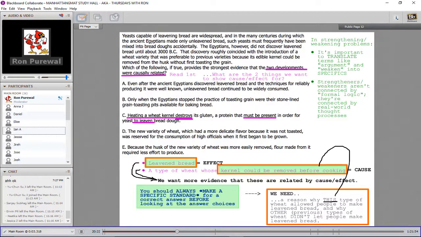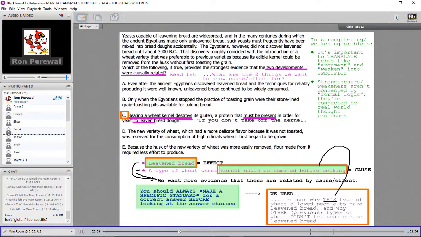Heating it destroys something that must be present in order to leaven it. So this is the answer that we want. This is perfect, right? What this is saying is that the only thing that's new about this wheat is that you can take off the kernel before you cook it. And what this answer choice is telling us